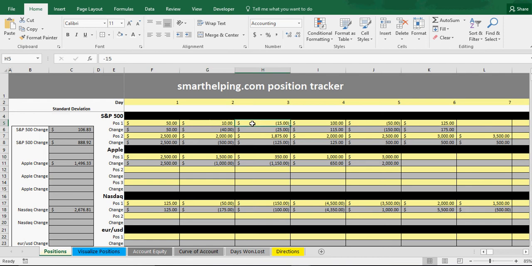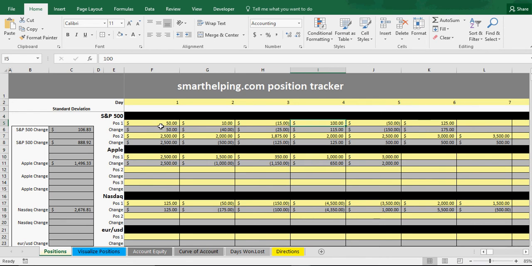And so you could have one position type that you're testing for this strategy. Say you closed on day 3, that's fine. Day 4, you open up a new position, brand new, whatever, but you're using the same strategy. You can start tracking that. So really, the positions you could think of as different strategies. And I just put different assets here to delimitate, so you could have somewhat of a visual on tracking multiple